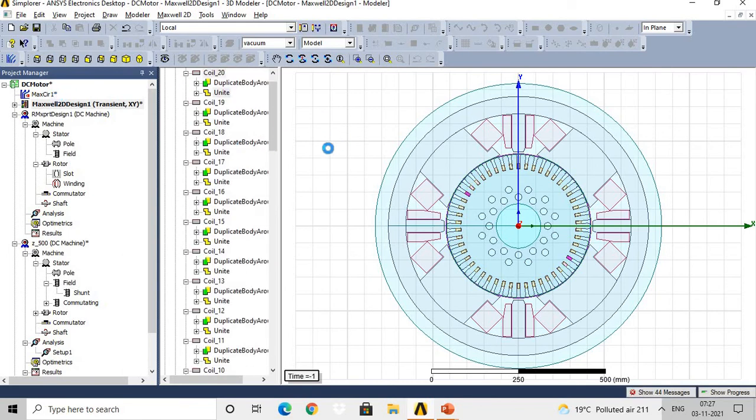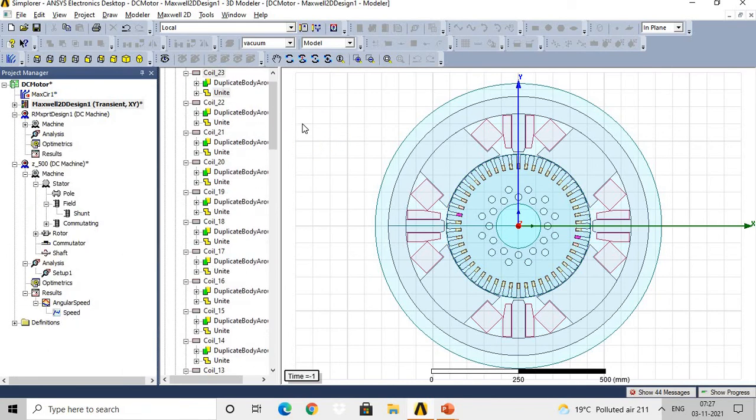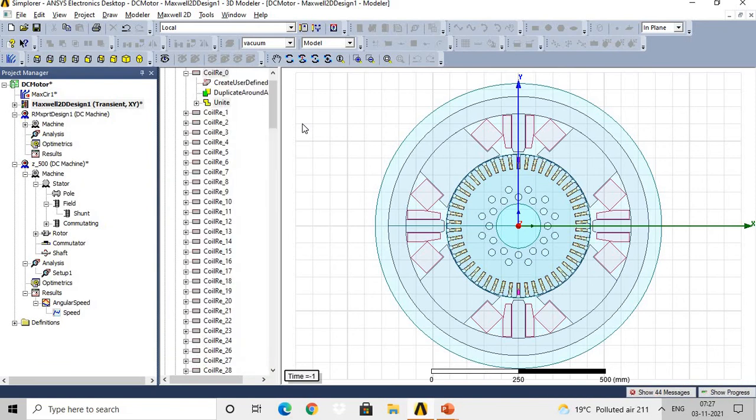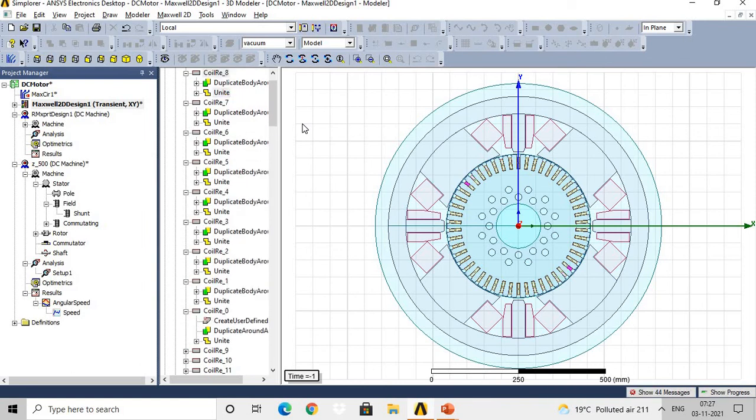Then this model gets totally converted into the Maxwell 2D design. I will show what default converter and controller circuit is available for this design, so you will get the idea from this part only.